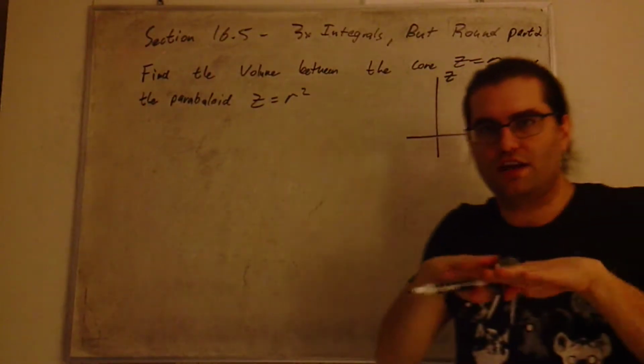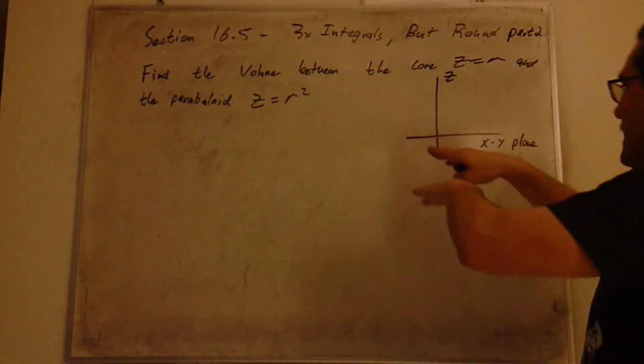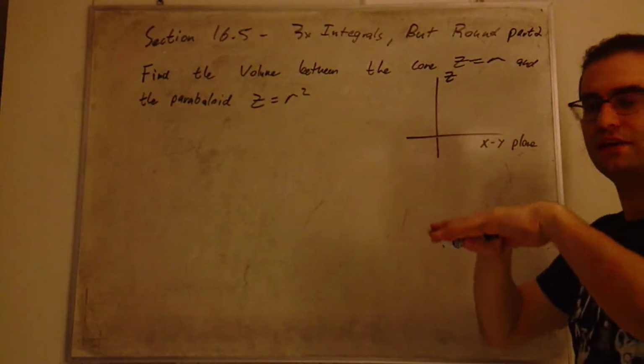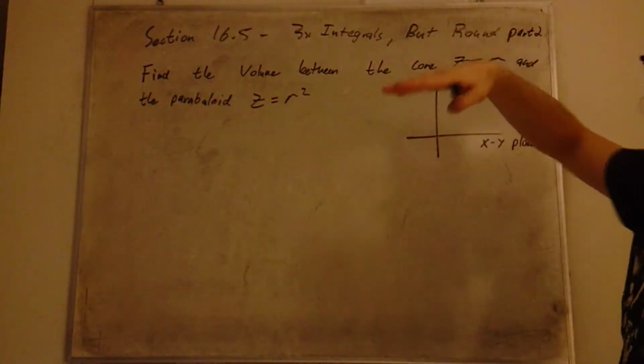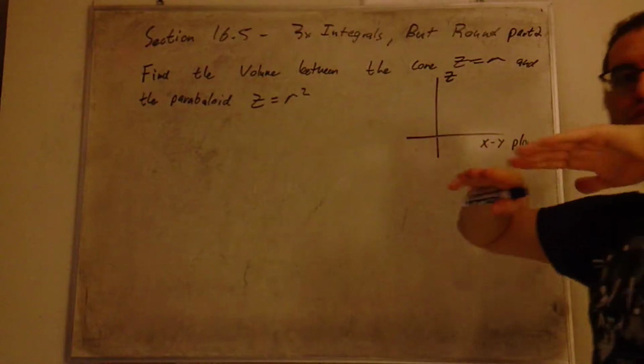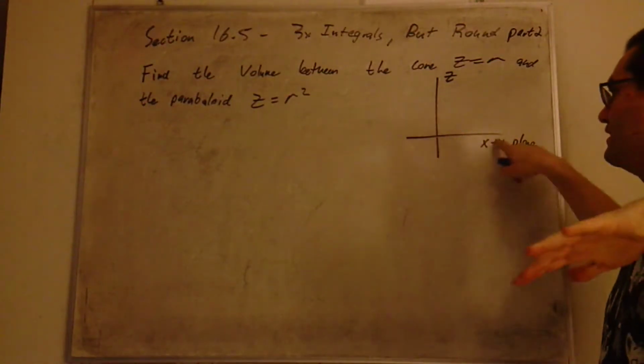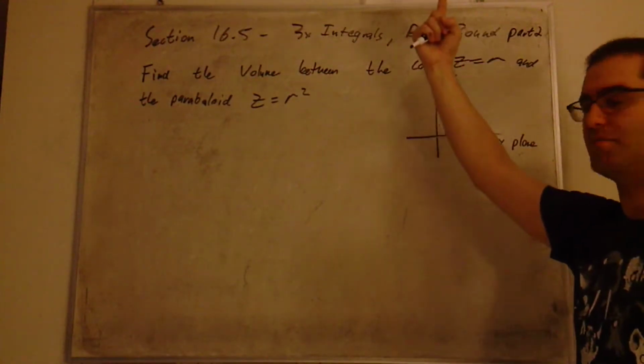So this is the xy plane, it's flat, and it's kind of flat in a round way. It looks flat to the left and right, but it's also flat coming out of the board at you and going behind the board. So this is a flat plane here, and the z-axis is sticking up out of it,